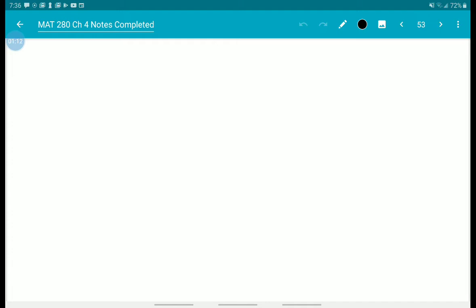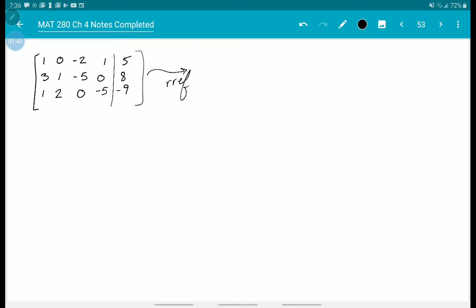So to solve this system, we have 1x1, 0x2, minus 2x3, plus x4 is equal to 5. 3x1 plus x2 minus 5x3 is equal to 8. x1 plus x2 minus 5x4 is equal to negative 9. So if we do RREF,